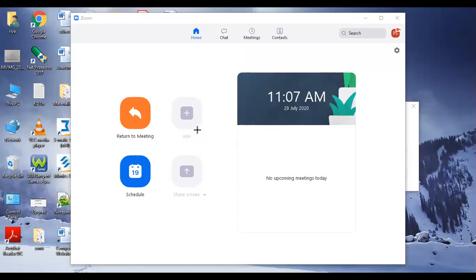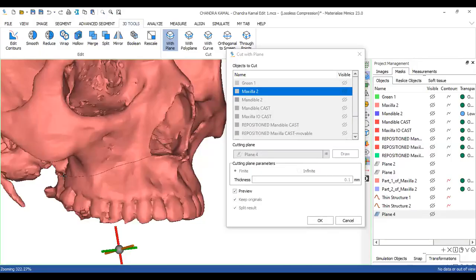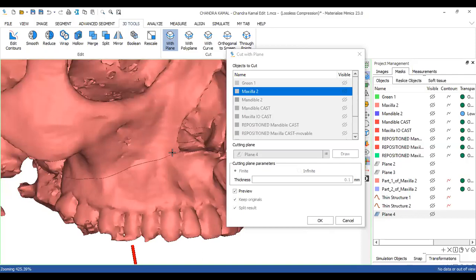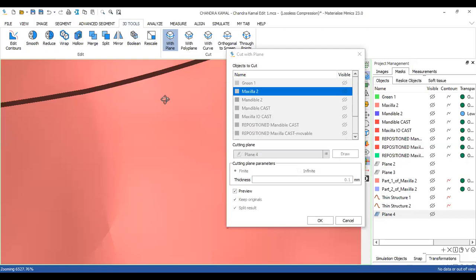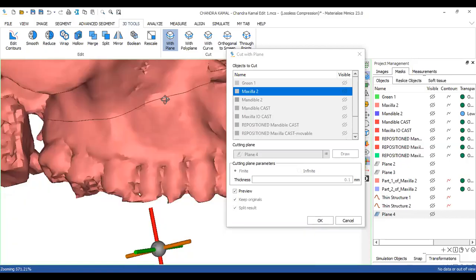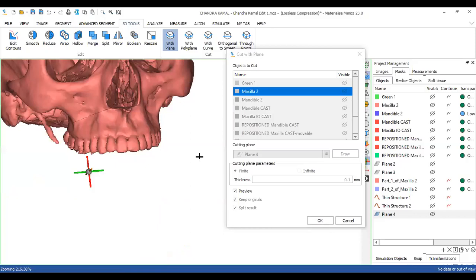Yeah. So I'm now zooming in. What you can see is a thin black line visible. Is it visible? Right? No, ma'am. मैं और zoom in करूँ. ये दिखा अभी एक पतली सी line दिखी आप, right? You can also see there's a gap created, right? So basically, if I take this plane 4, this is what the cut will look like, right?